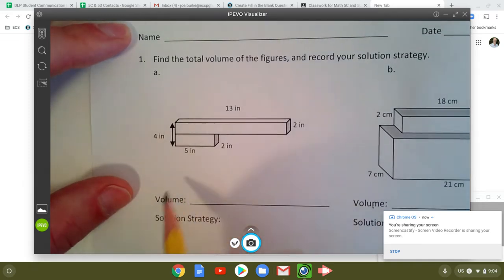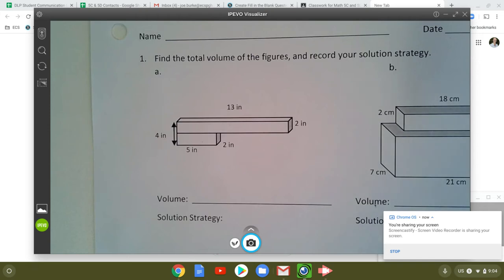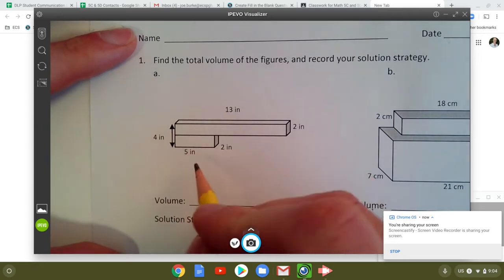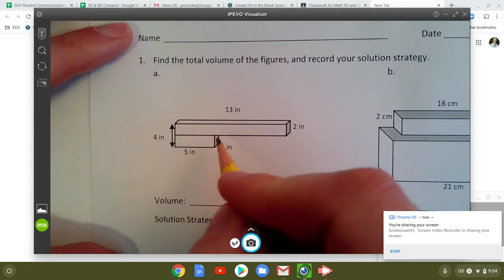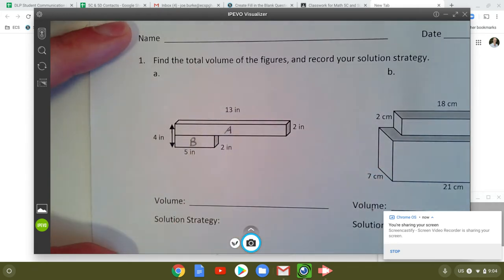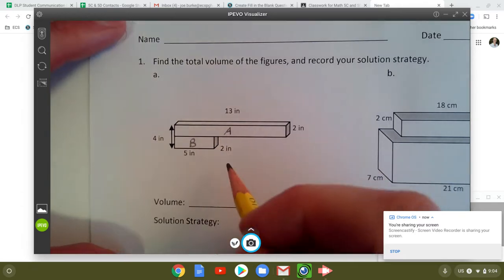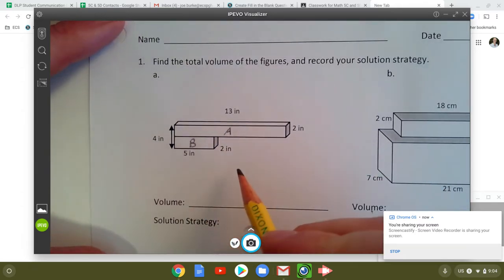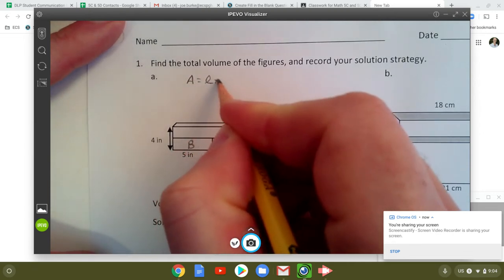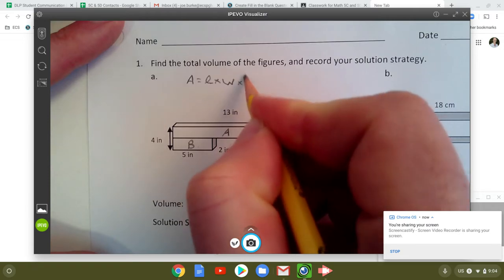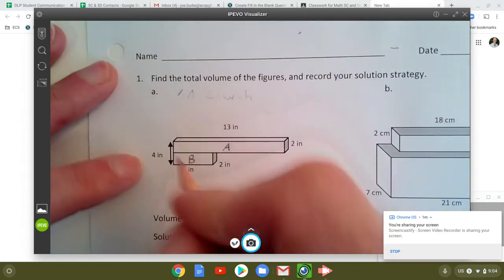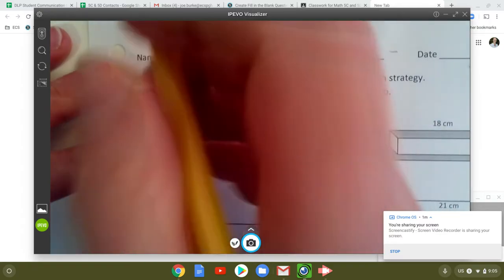You already saw the videos. Now you're going to get a chance to see good old math teacher do it. So the key, I think, in thinking about these is finding the volume of each individual rectangular prism. And I think the trick is to look for the length and the width and the height on each prism. So for the volume of A,